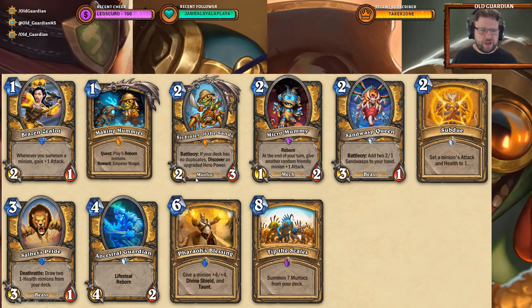Then we have Sir Finley of the Sands, the Highlander support card for Paladin, a 2 mana 2/3 Murloc with a Battlecry: if your deck has no duplicates, discover an upgraded Hero Power. Well, the Justicar upgraded hero powers are pretty good. Traditionally, Sir Finley, the original one that allowed you to change your hero power, Paladin wouldn't really want to do